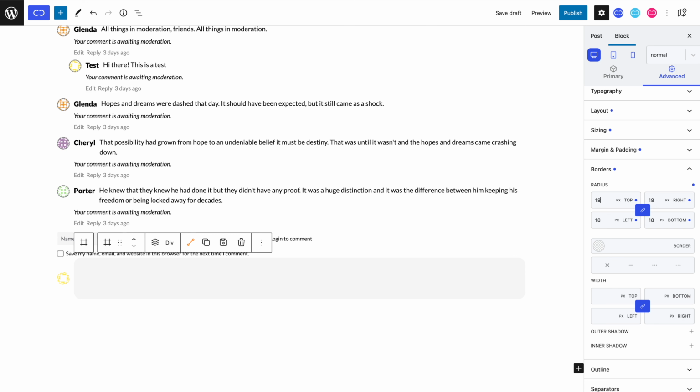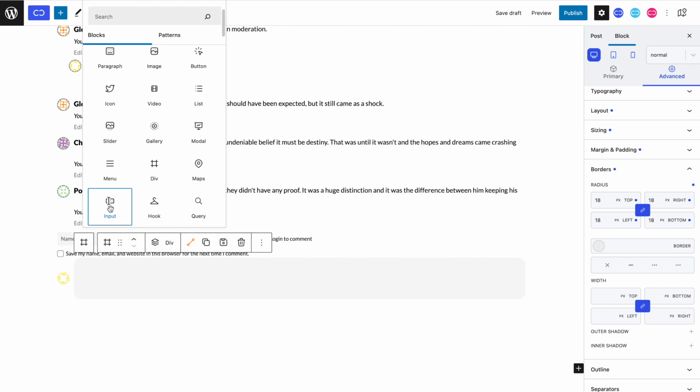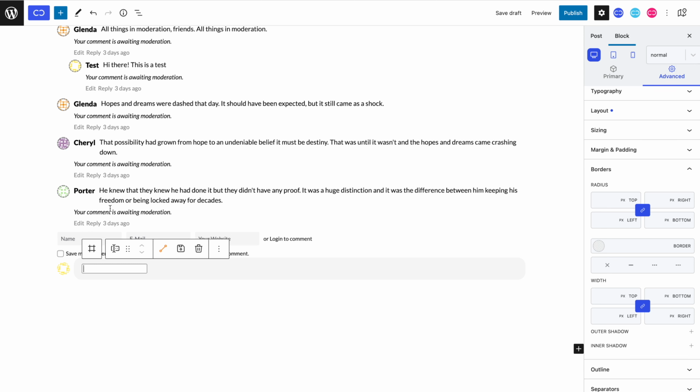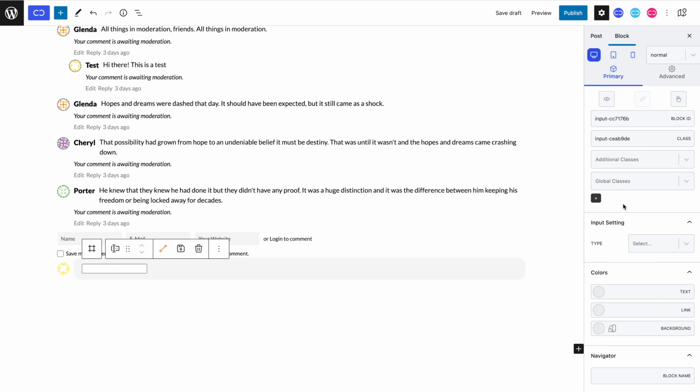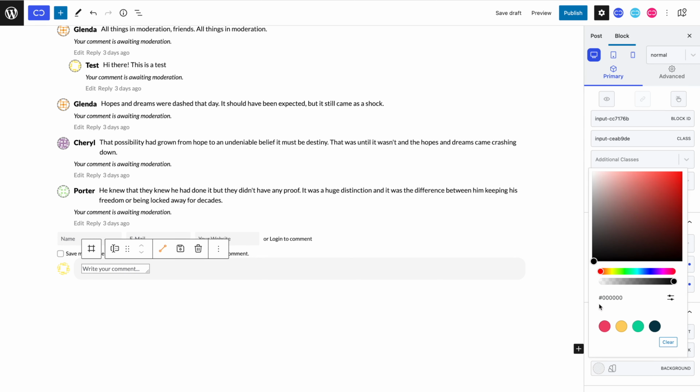Now let's add an input block that will constitute the text area. In the input settings, we can set the type to comment area and place write your comment as a placeholder. Let's also set a row of 1, which means how many lines we want to appear when we first load the page. We can also set a transparent background to get rid of the white background color given by default